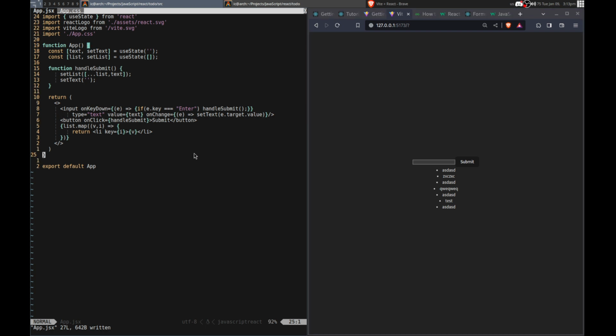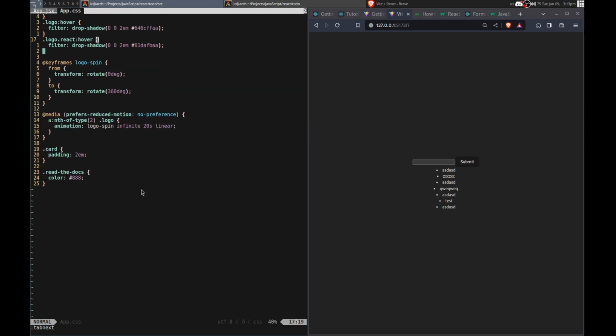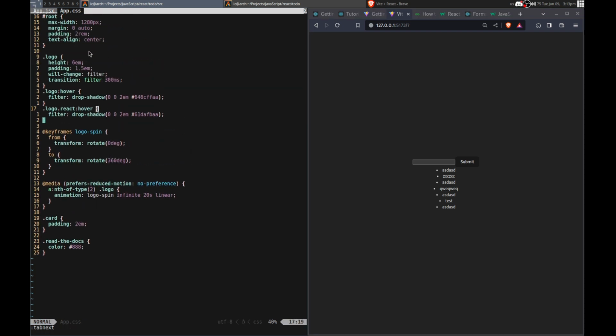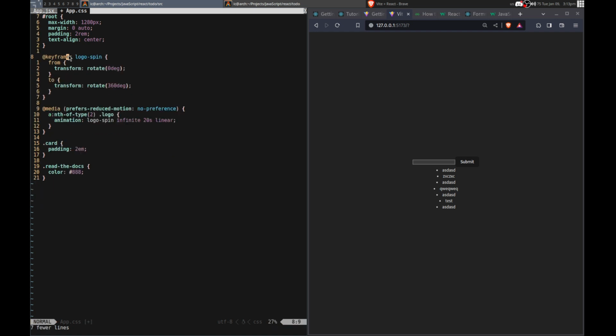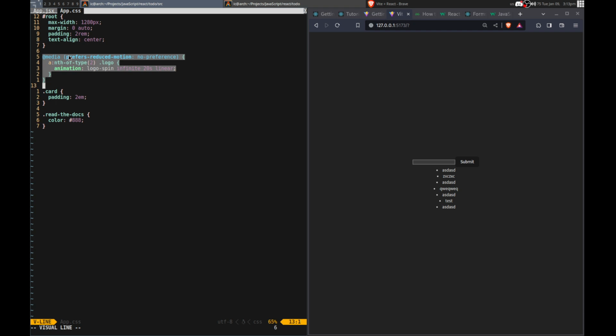So now I'm gonna change the CSS. So I'm not good at CSS. I don't remember how it all works. Do I care about any of that? Don't need the dot logo. Yeah, I don't need any of that logo stuff. I don't need this. I don't need that.